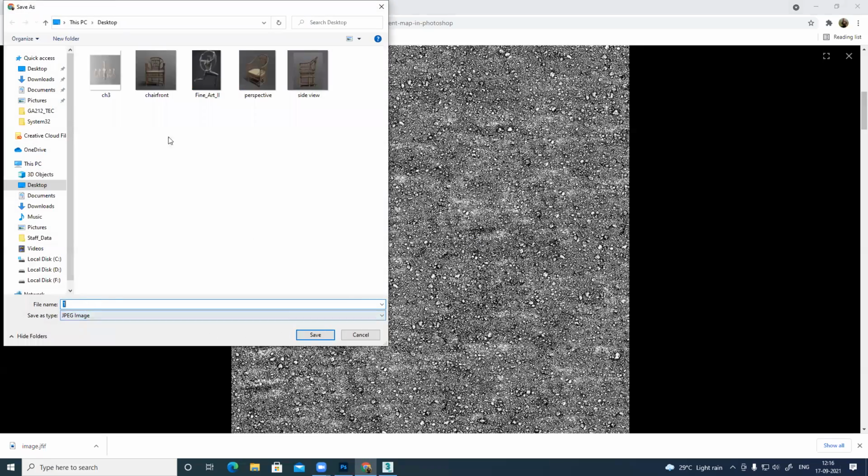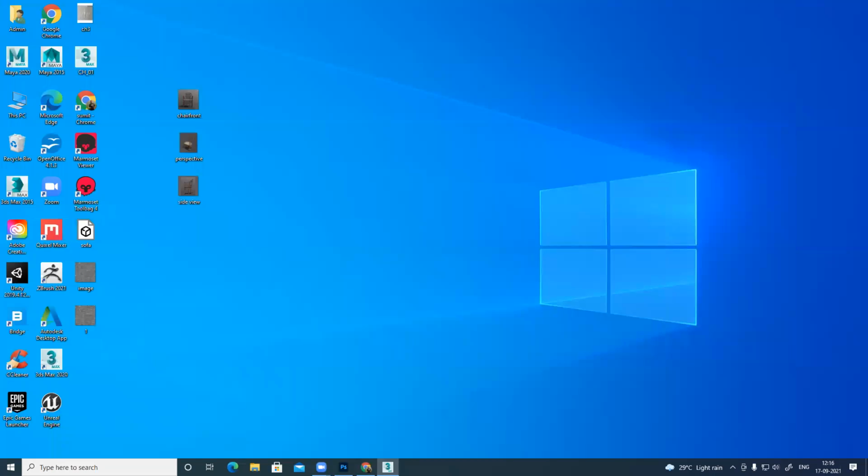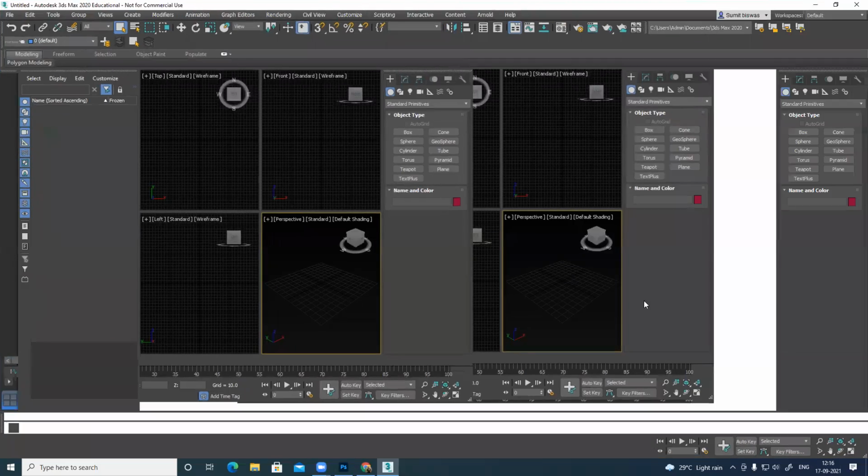Okay, this is again something I cannot use with this format. I cannot open it. So what I'll do is take a screenshot or maybe save it from here. Save image, JPEG. Yeah, so on the desktop, I saved it. Now I'll show you how to use it.